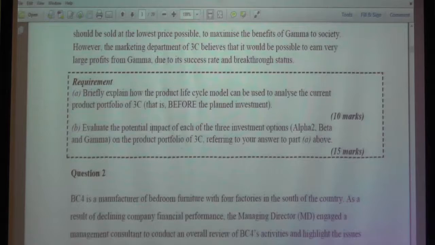Now, if you look at this requirement, it says briefly explain how the product life cycle model can be used to analyze the product portfolio. So guys, basically, if you look at your answer structure, now if this is your page in the answer booklet, maybe a paragraph, not a paragraph, just 2 sentences which talk about the product life cycle, and then